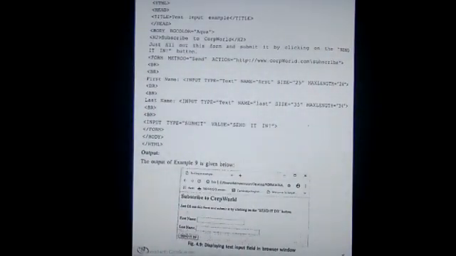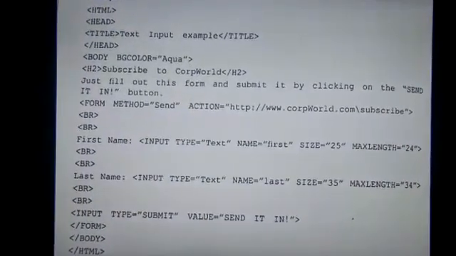Now we have an example. You can see the example. HTML, head, title, body, take any BG color, then heading, then form, method send, action. This is a URL. Then we have taken the BR command. First name, input type equal to text, name first, size, maximum length, everything is given here.